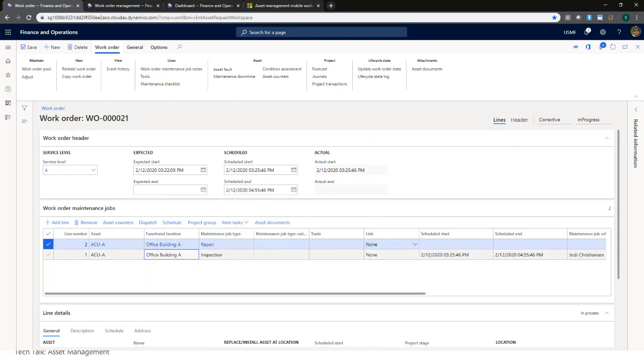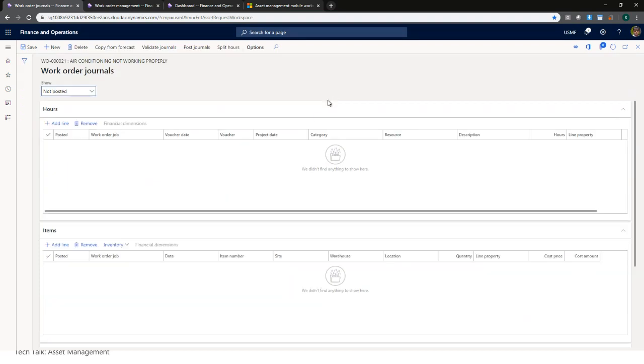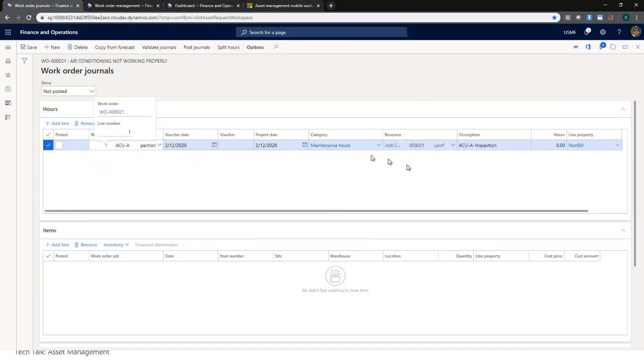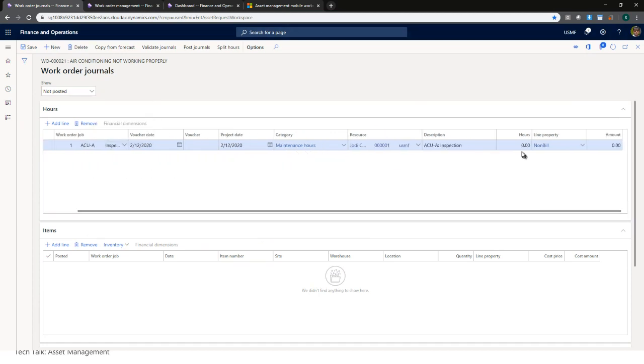She can log her time for the inspection. She can go into journals and add a line and say, for inspection, I actually only took, let's say, 0.5 hours. And that calculates the amount based on her rate,